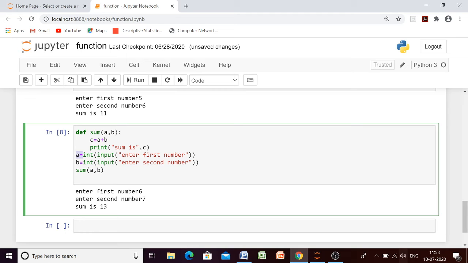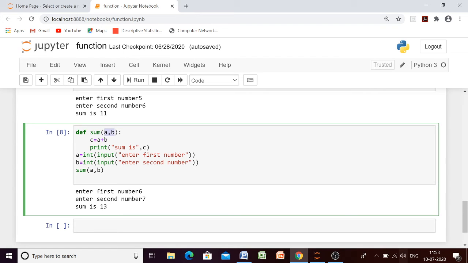As soon as we are calling the sum function, our control will move to the definition of sum, and the values of a and b will be passed here, and here c will be calculated taking the values of a and b, and then the sum will be printed. Okay. So the two techniques we have discussed. One more thing I want to tell you, that here this a and b will be known as parameters, and here this a and b will be known as arguments. The variables used in function definition are known as parameters, and the values used in function calling are known as arguments. So these were the two things.